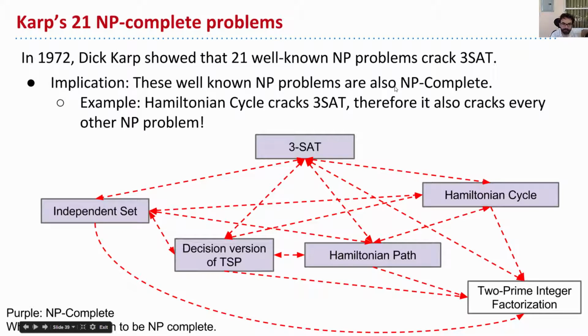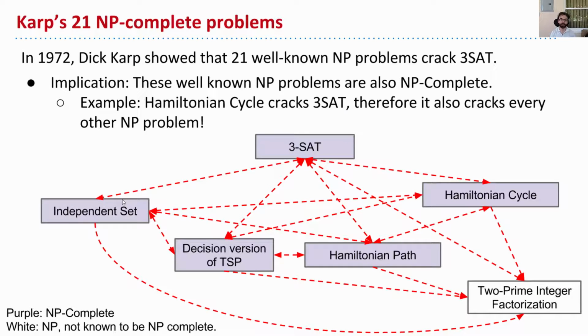Now, also of note, in 1972, our department's very own Dick Karp showed that 21 well-known NP problems crack 3-SAT. So, for example, independent set can be solved to crack 3-SAT. In fact, we actually did that earlier, right? We did a construction very similar to Dick Karp's. And it turns out that traveling salesperson cracks 3-SAT, and Hamiltonian path cracks 3-SAT, and so forth. So therefore, let's stick with independent set. Since independent set cracks 3-SAT, and 3-SAT cracks everything else, then independent set is itself also a master